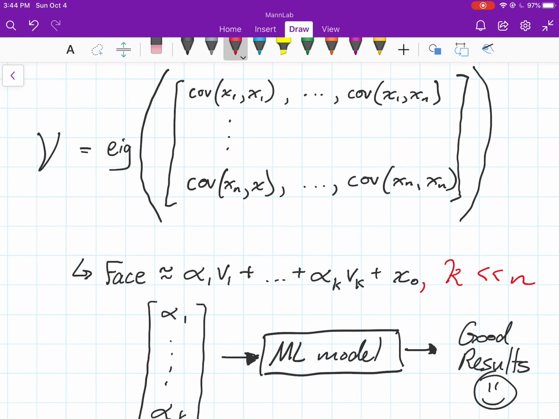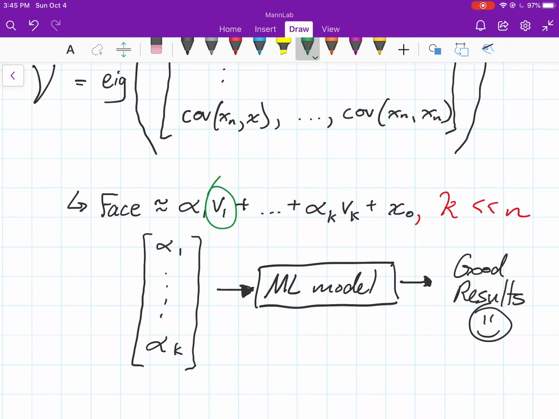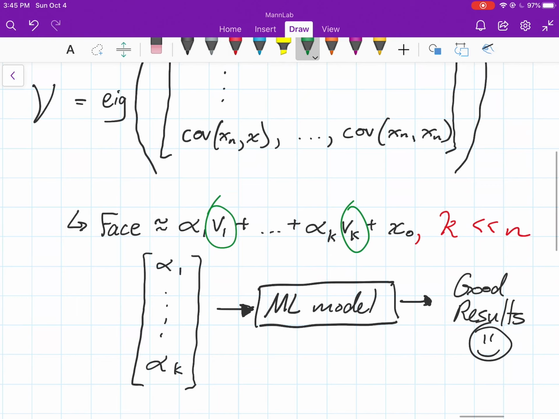You create that matrix, it's going to be an n by n matrix, and if you take the eigenvalues, you'll get the perfect values of v1 through I guess vn, but you can select the first k, and those will give you a really good set of vectors to use in your principal component analysis